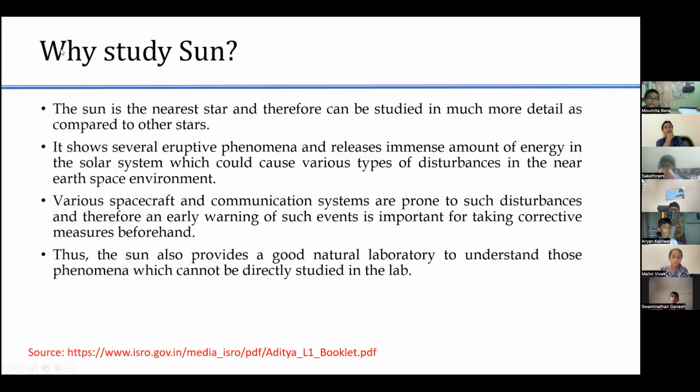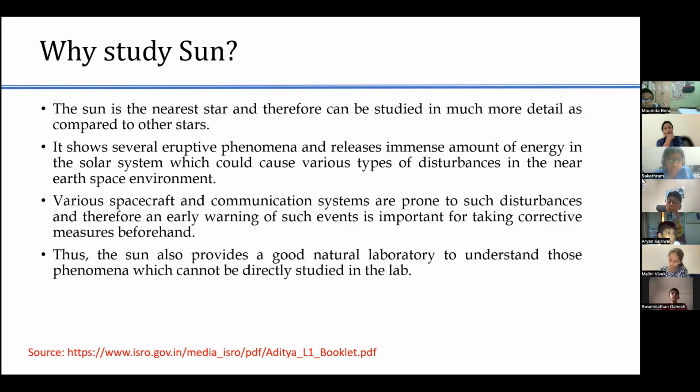So why should we study the Sun? Scientists have decided to study the Sun as they have studied all the planets, and now they should study a star to discover the gas present in it, and how it looks. As the Sun is the nearest star to us, scientists decided to make a special spacecraft which can go near the Sun